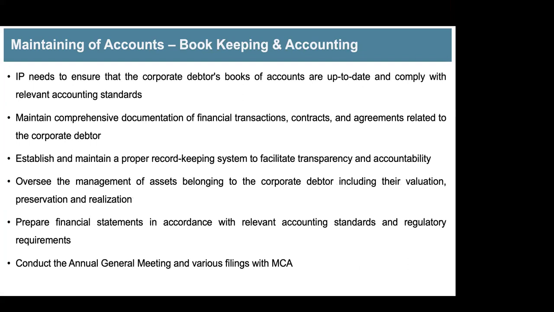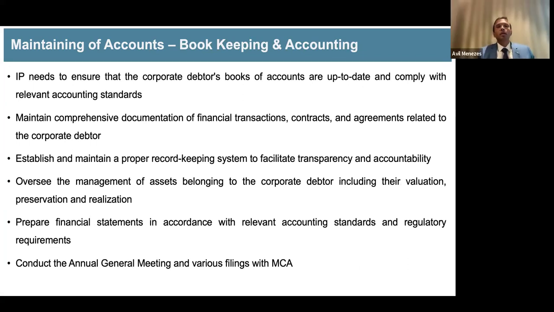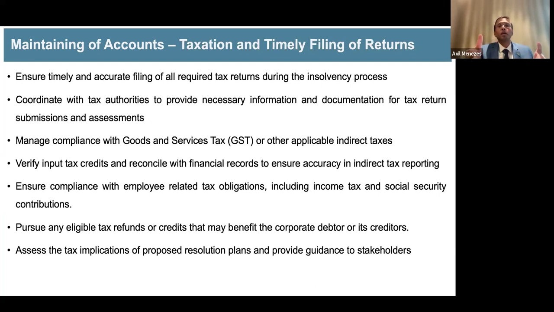Yeah, fine. So as far as books are concerned, your job is to ensure that the books are updated. You'll have to keep all those comprehensive documents, records, etc. for 8 years after the liquidation or dissolution of the company, and for 3 years after the CIRP. So all these documents will have to be kept. Various filings will have to be done: income tax, various income tax returns, monthly returns in terms of GST, etc. Everything will have to be done, all employee-related compliances.